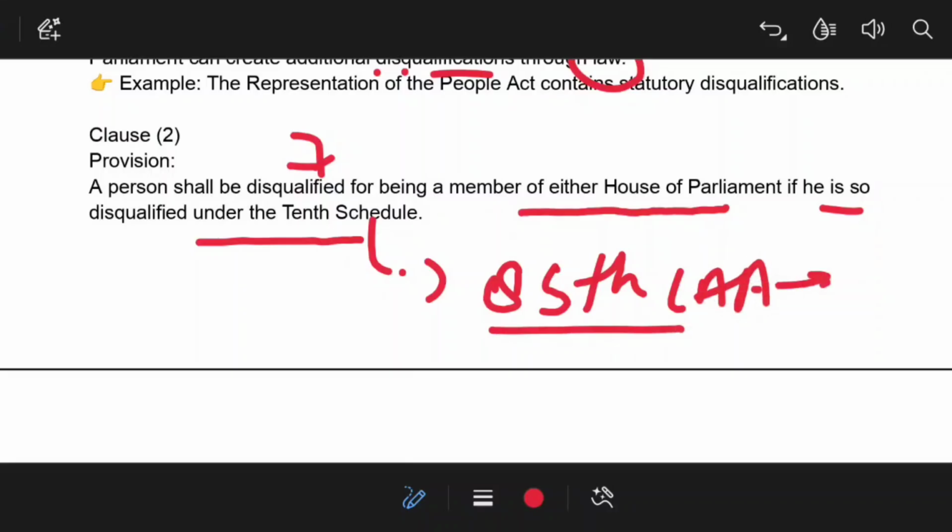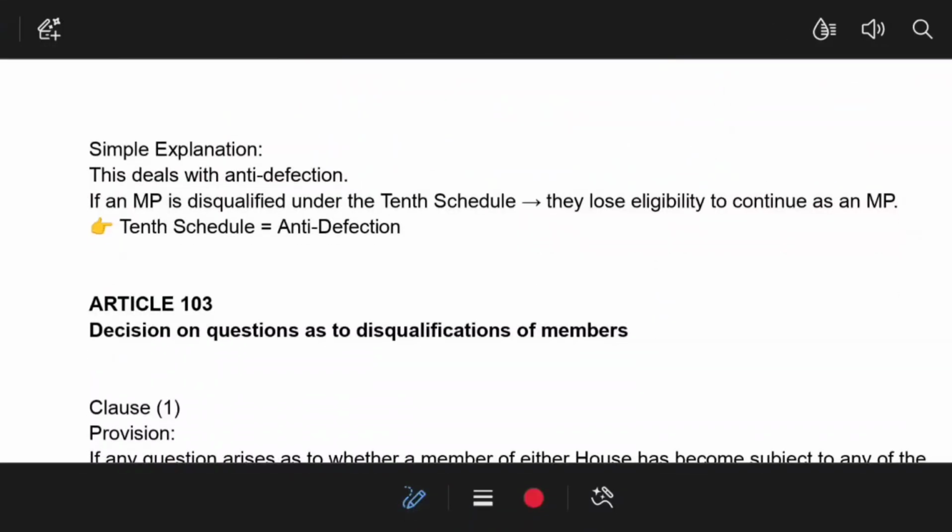Okay, so I have discussed so many provisions under which a member can be disqualified from membership of the Houses, but there are some other grounds as well, and that ground is the 10th Schedule. If you are disqualified under the 10th Schedule, then you will cease to be a member of the House of Parliament. Clear? Now this is called the anti-defection law. If an MP is disqualified under the 10th Schedule, they will lose eligibility to continue